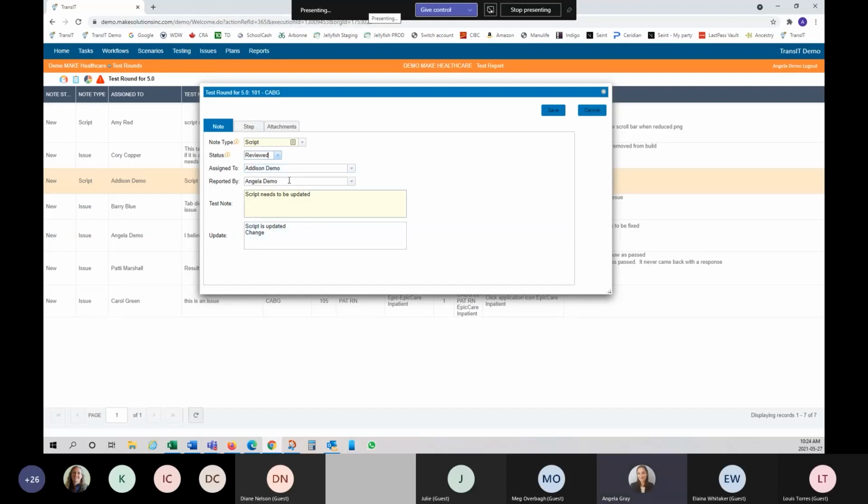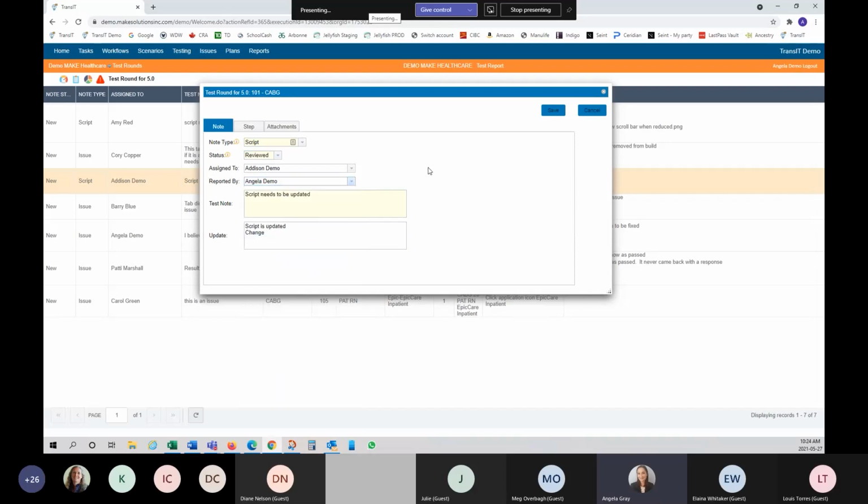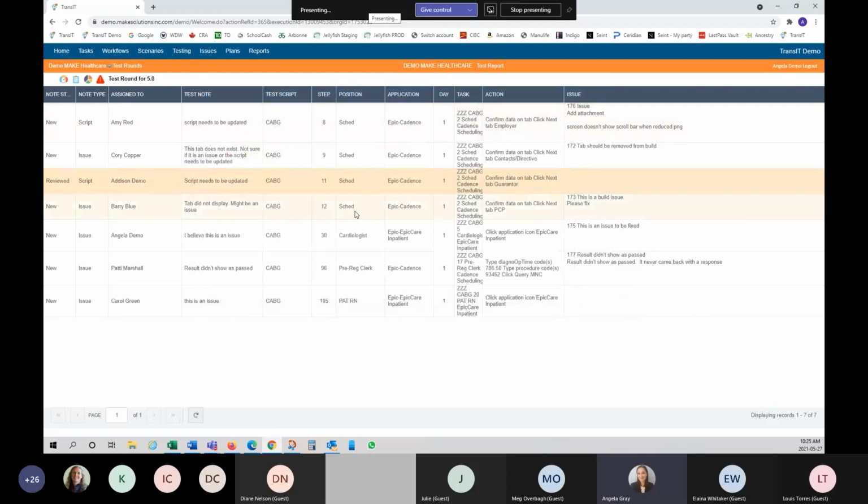You can make the changes that you're used to making, and then you can select if you need to change either the assigned to or the reported by, and click save, and it's going to maintain all of those details